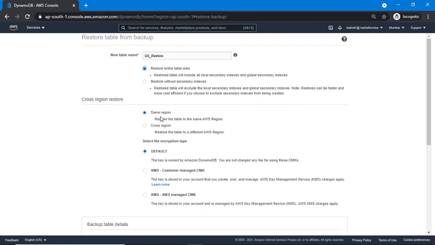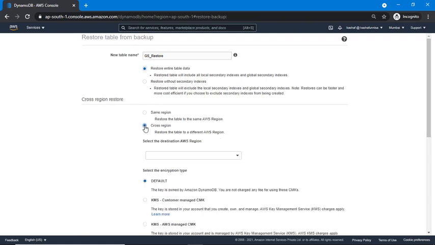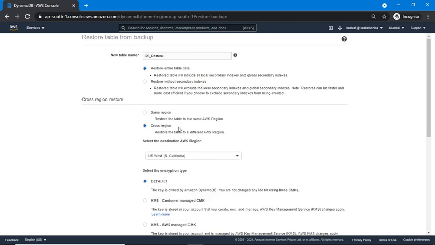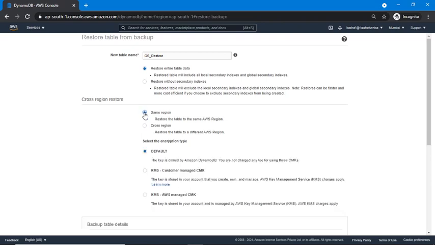You can either restore in the same AWS region or in a different AWS region. For disaster recovery purposes, you can select a different AWS region from this list. For this demo, I am going to select the same region only.